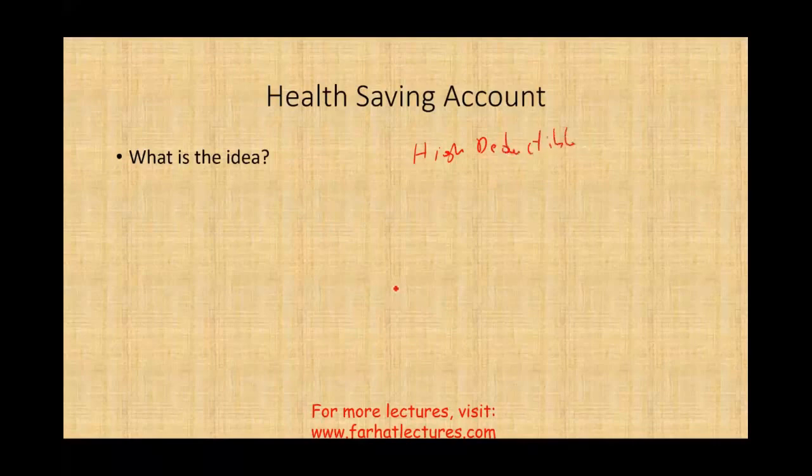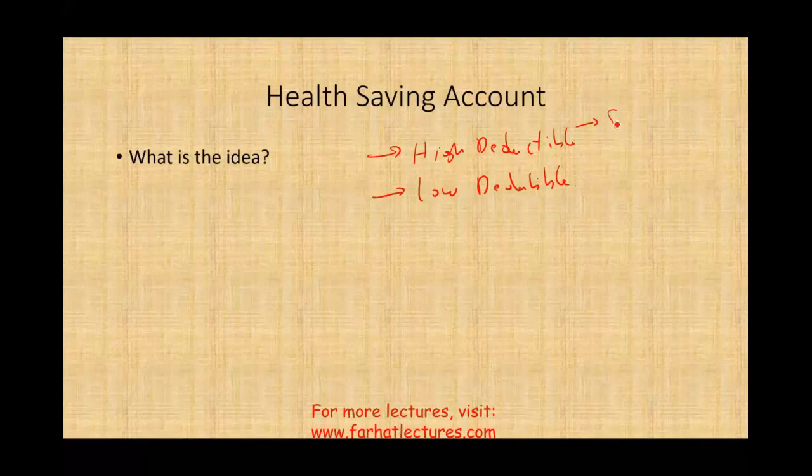Simply put, what they would say is this. We have high and we have low deductible. So you have two options. When you sign up with your company, they would say, would you like to have a high deductible plan or a low deductible plan? What's the difference between them? Generally speaking, if you have a high deductible plan, the premium is lower. The amount you have to pay, the premium, is lower, so your expense is lower.